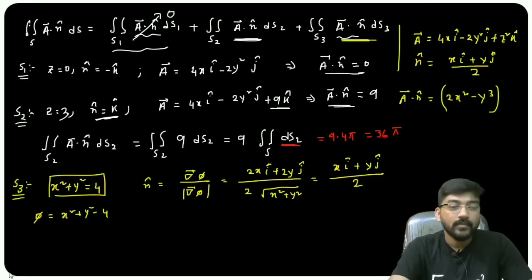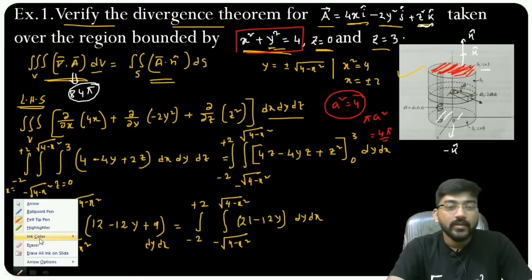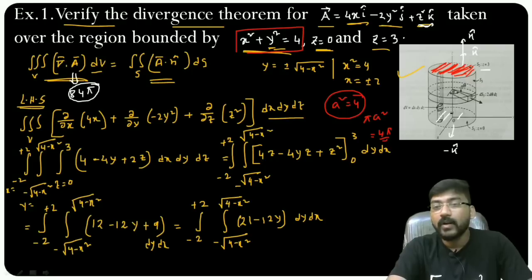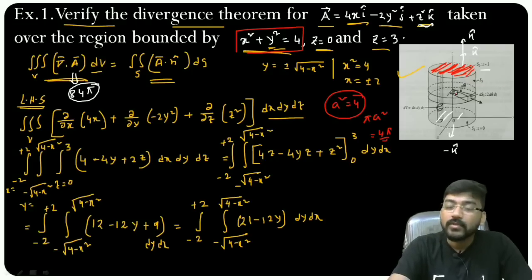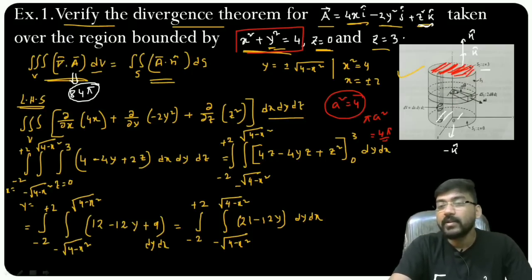What is ds3? So here we have taken ds3. Please see carefully. Here we can find this integration in two ways actually. If you want, you can take the projection method also, that I have already done in the previous class. You can solve this problem by using the projection method, and you can take the projection on the xz plane or on the xy plane. Okay, but let me do this problem in another way, that is by using the polar form.